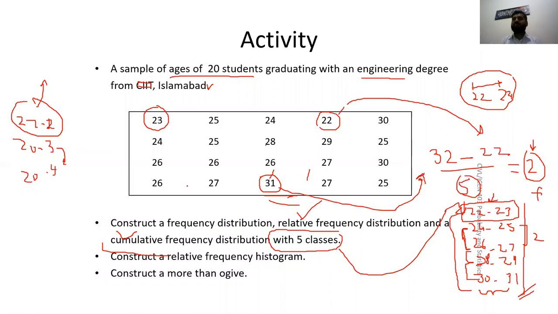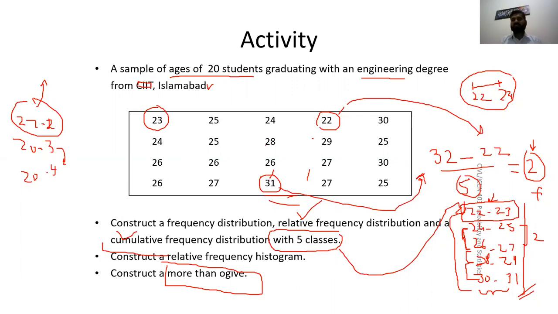Remember, your GPA is calculated from semester 1, not from the last semester, right? So your cumulative GPA is calculated from 1. So it is a less than cumulative GPA. When only cumulative distribution or only ogive is mentioned, you have to start from the less than, unless they mention otherwise. For example, in this third part, they ask for the more than ogive. It means I now have to construct the more than cumulative frequency distribution and then draw the more than ogive. If you can do this example on your own, I did half of it.